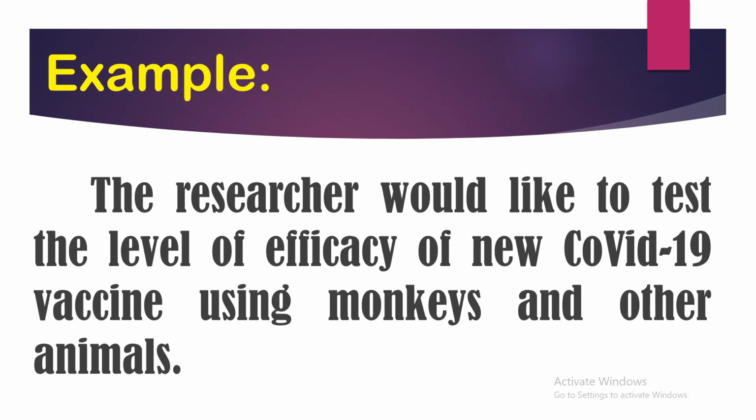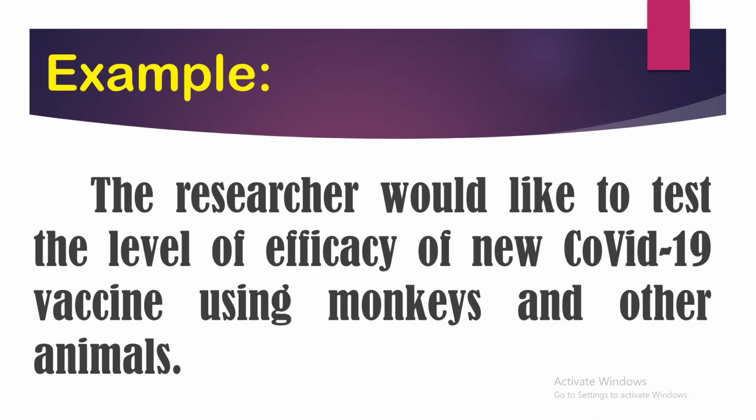An example here is the researcher would like to test the level of efficacy of new COVID-19 vaccine using monkeys and other animals. So in here, the researcher needs to take the study inside a laboratory, then it is through experimentation. So those are the 5